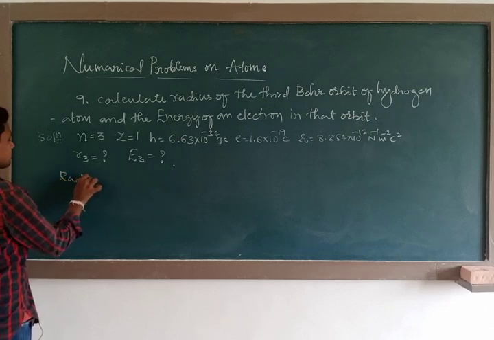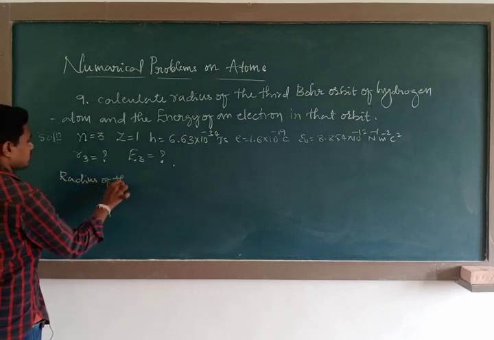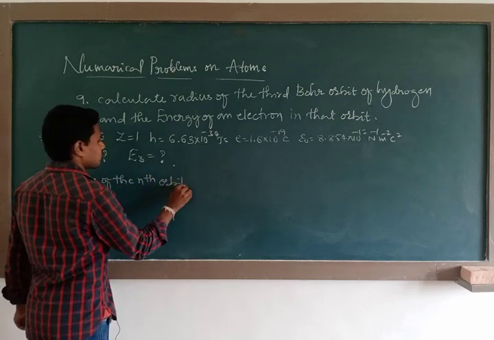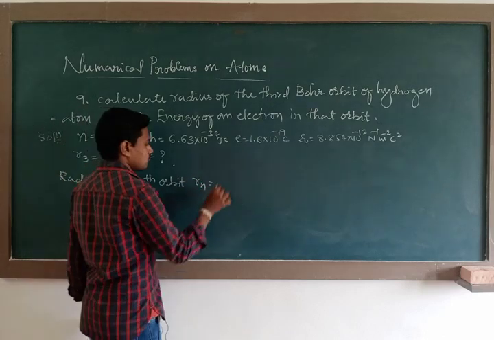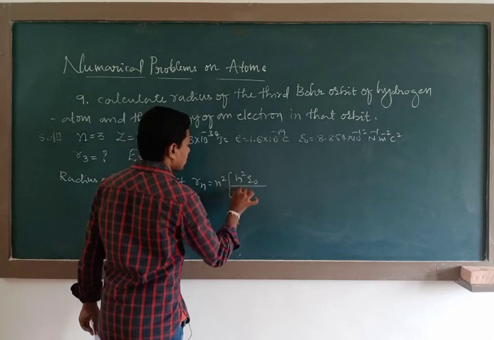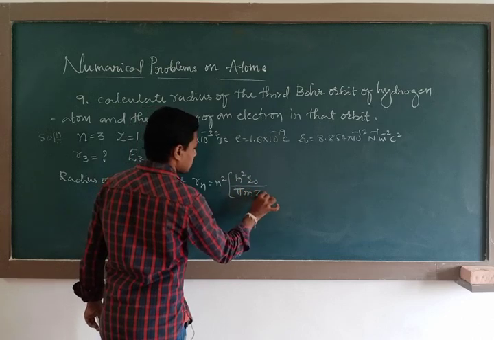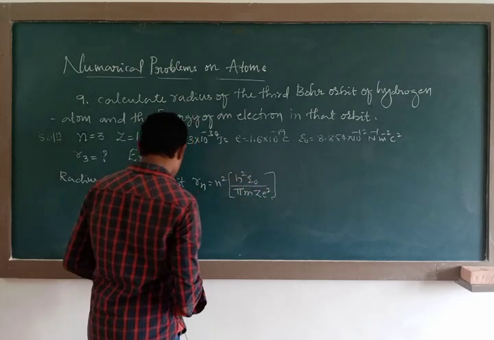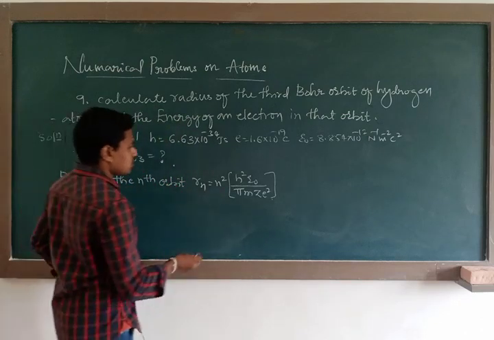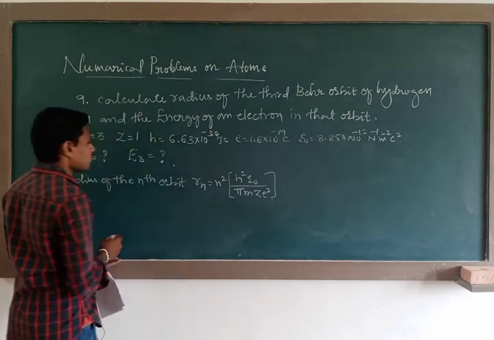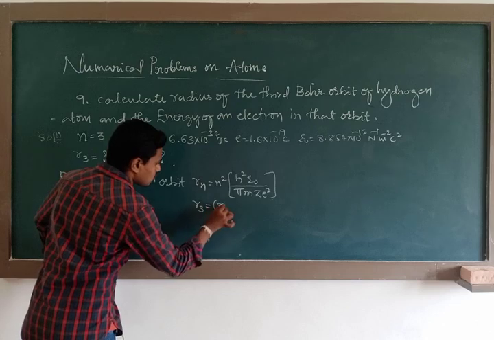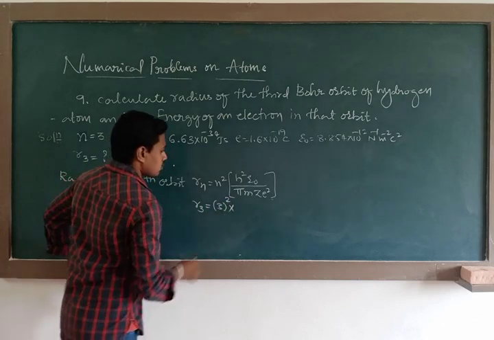Radius of the nth stationary orbit, Rn is equal to n square h square epsilon naught divided by pi m z e square. Since z equal to 1, n is 3, R3 is equal to 3 square h square